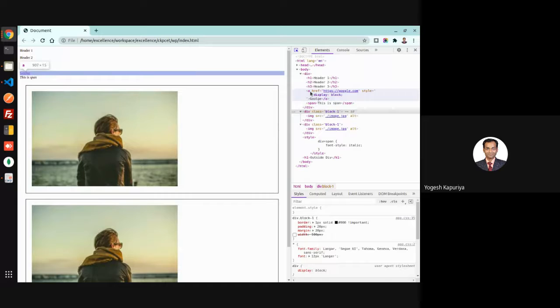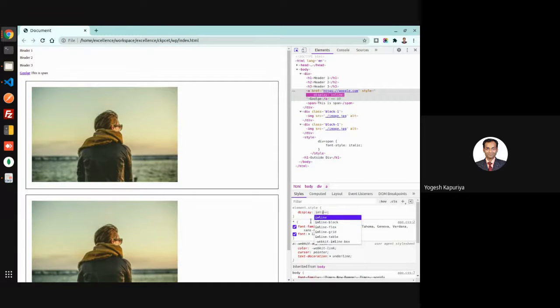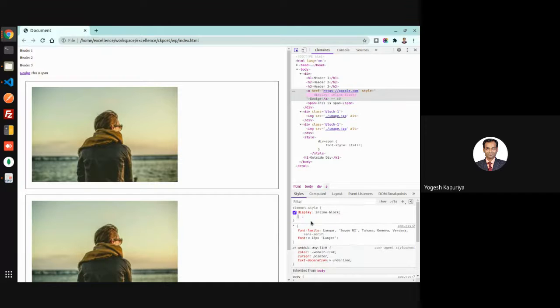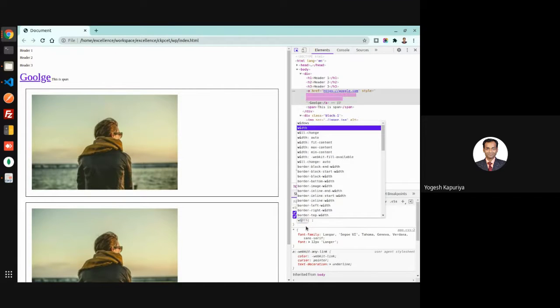Now what is that? Let's say instead of this, I'm writing display inline-block and font size. Now this link has display inline-block. The only difference is that with inline-block, you can specify the width as well.